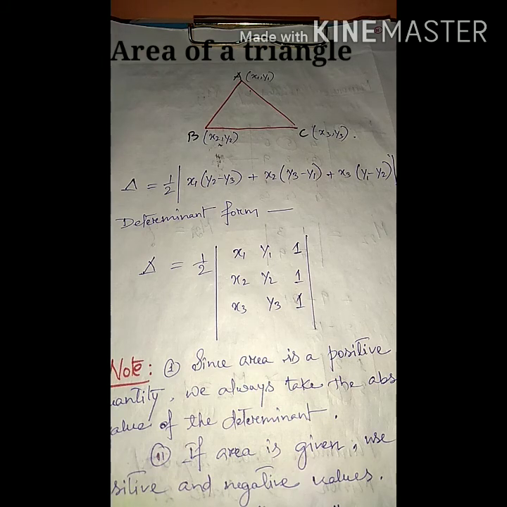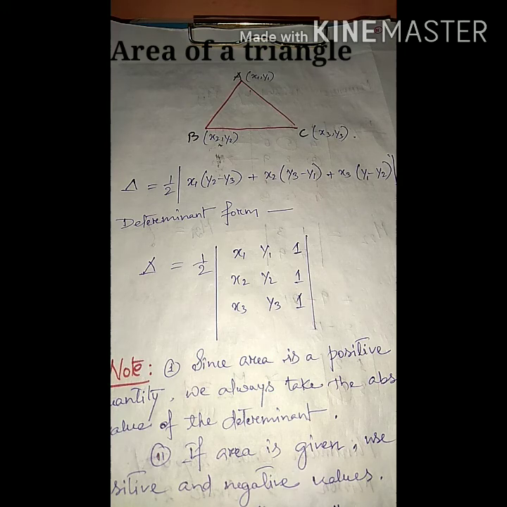triangle. So, area of a triangle. All of us know how to find the area if three vertices are given to us. I think in class 10 we got this formula, isn't it? So this one is the general formula, and why do we put modulus? Because area is never negative, so that's why we put modulus here.